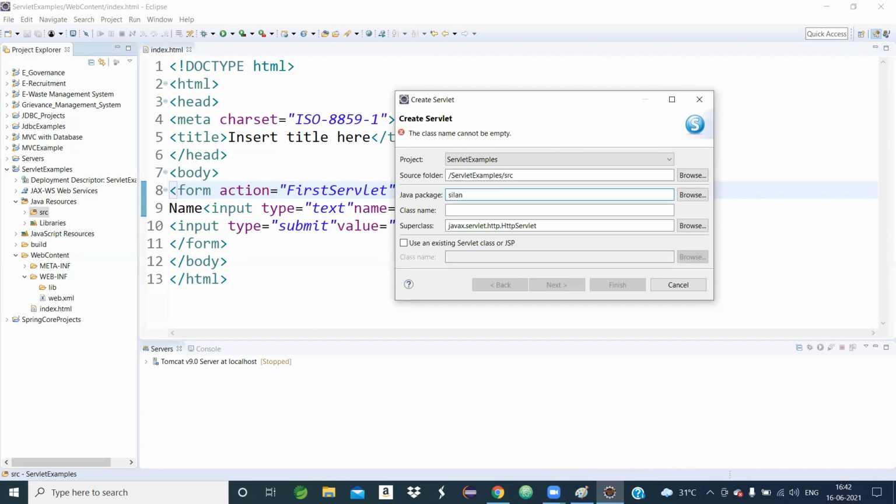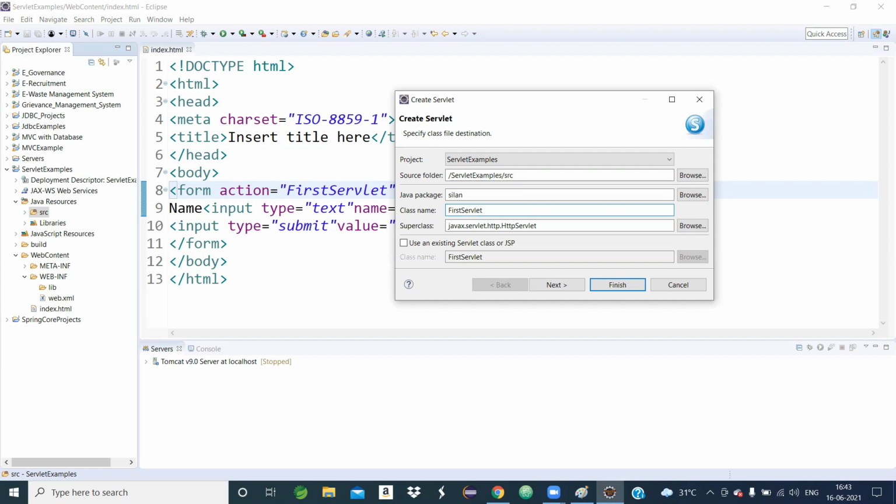You can write com.ceylon, com.ceylon.software, or com.ramo.samo, it depends upon you. Suppose I wrote package name Ceylon, then the class name is FirstServlet, because the servlet we are going to develop is FirstServlet.java.